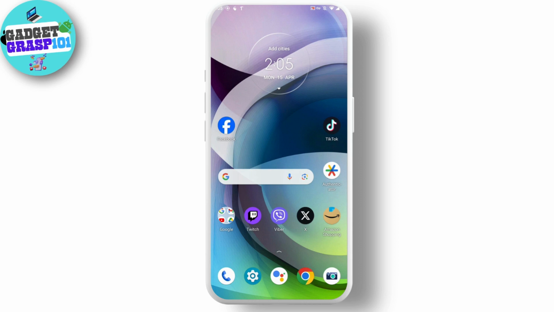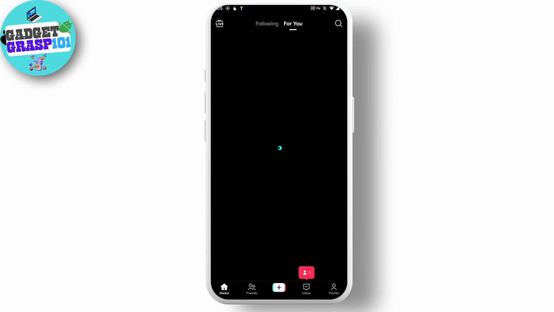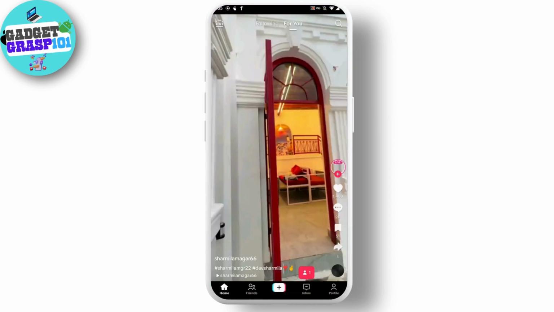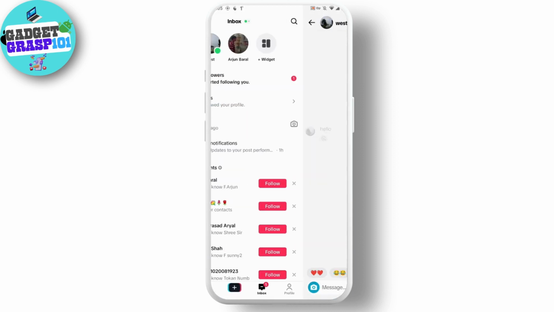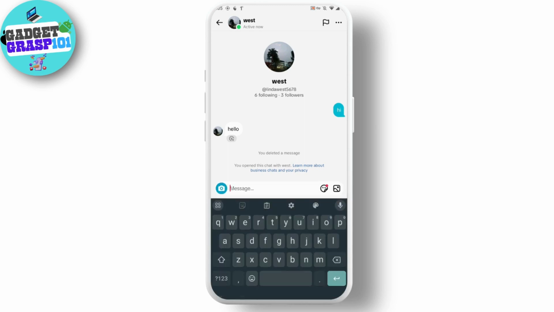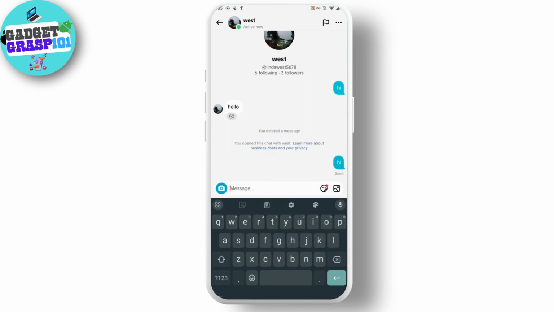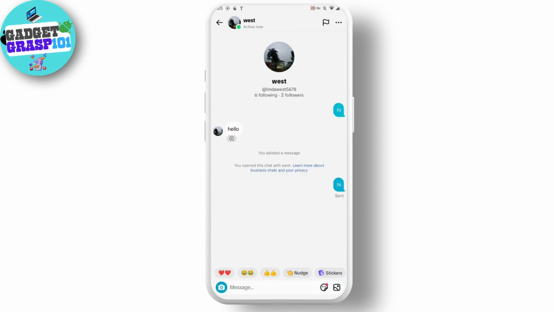So if you want to delete TikTok message from both sides, then what you can do is just simply open up your TikTok application, and after opening up your TikTok application, head over to your inbox. And inside your inbox, now if you select a person and then send a message to that person, and now if you try to delete that message, so if you want to delete that message from both sides, then what